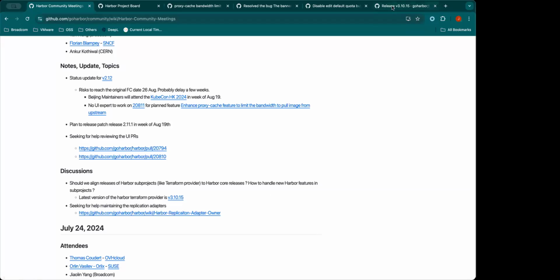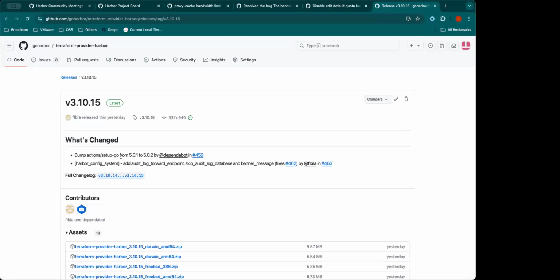One suggestion from my side is that when you release a new version of the Terraform provider, you can make a note of which Harbor core version this provider version maps to. Yeah, okay. In the README, I already added something.